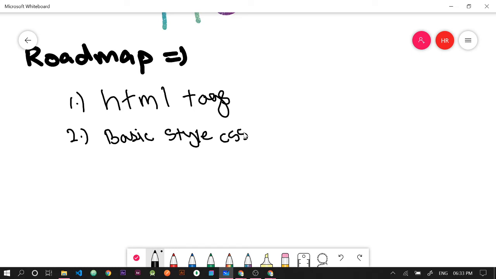Usually we use CSS, and we also have much more like CSS less. So first you learn CSS, and in the third step you learn the positioning of elements using the CSS,